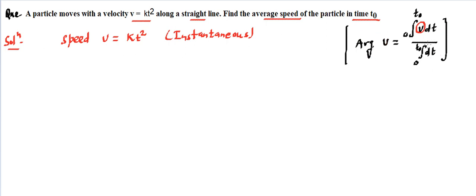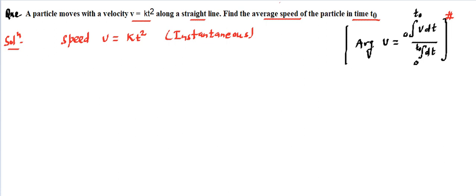Sometimes you will require it over space or over any other parameter. So instead of writing dt, we will write that other parameter, whatever is required. Those types of questions will come at the advanced level. As of now, just remember or understand this formula to get the average value out of the instantaneous value. Here we place the instantaneous value, and here you are going to get the average. Once you know this formula, you can solve this easily.